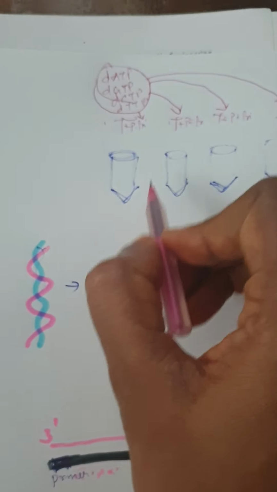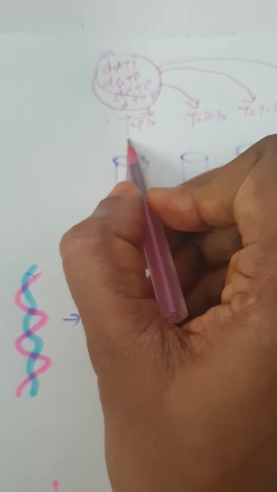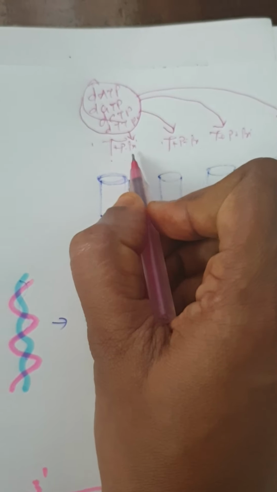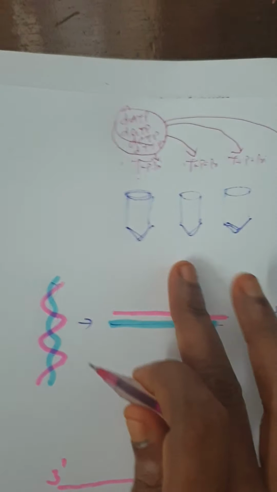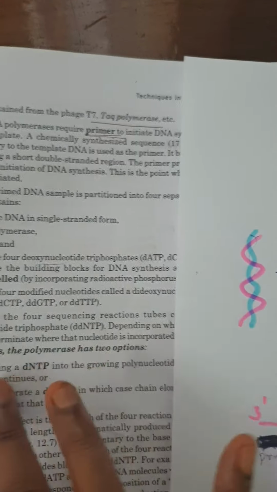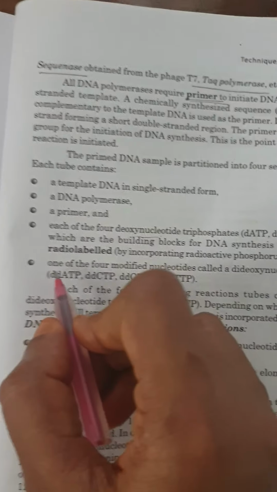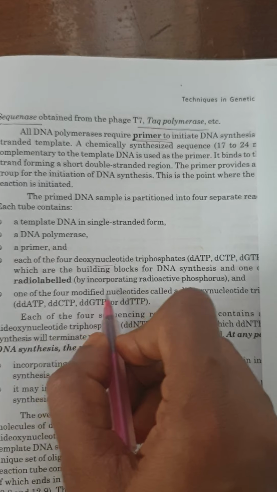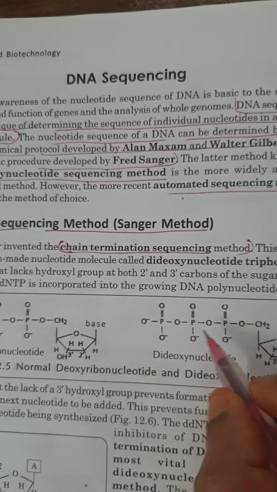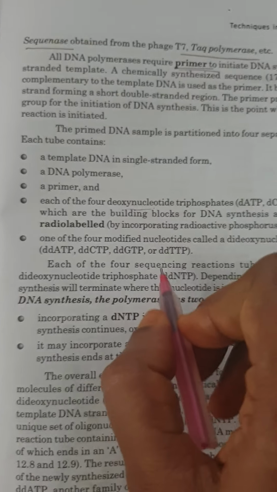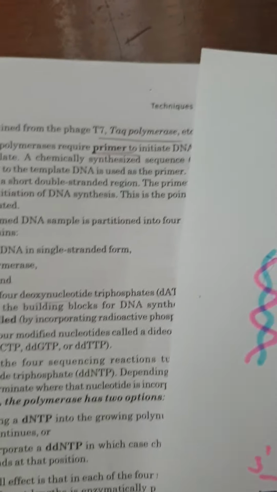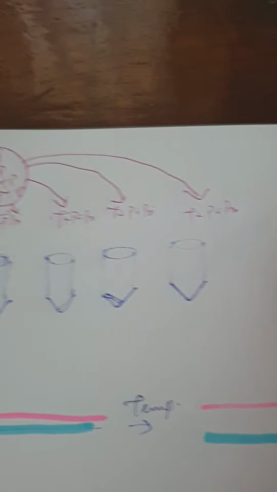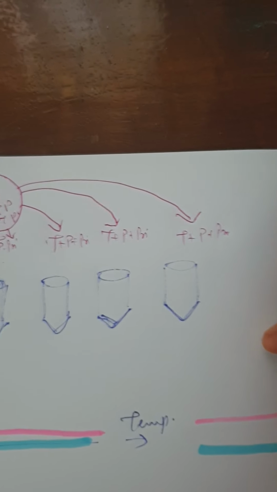So in this reaction too, you need to add template DNA, primer, then polymerase enzyme and these dNTPs. And here the only difference is that you need to add one of the four modified nucleotides. What is the modified nucleotide? Here is the modified nucleotide. So we need to add only one of the four. We have four different types of ddNTPs. What are the ddNTPs? ddATP,